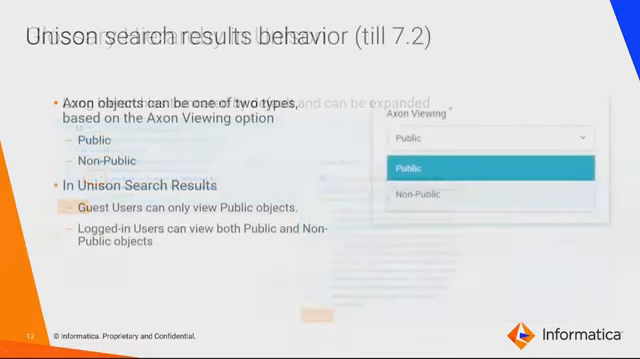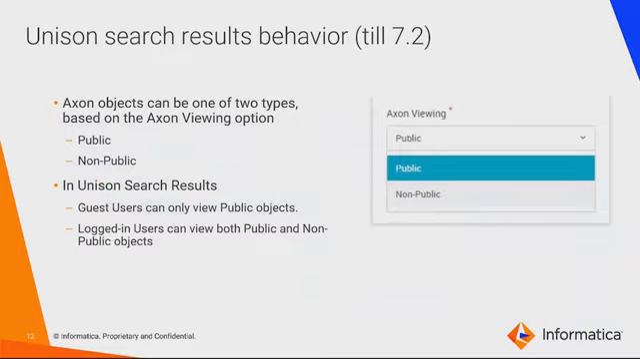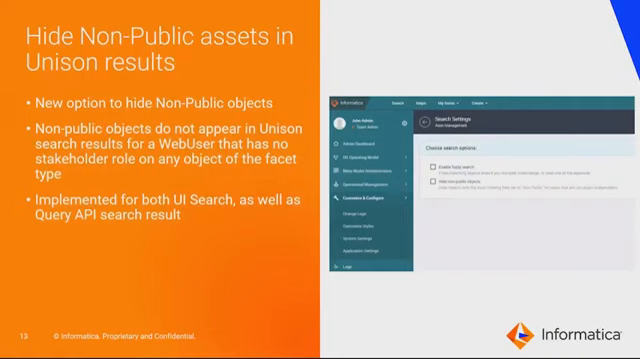Moving on, the Unison changes. You all know, right? We had Axon viewing capability that is public or non-public. This is basically to hide the information from the non-logged in users earlier. Whenever you mark the object as non-public, we never used to display it to the guest users, in the sense the non-logged in users. But once the user is logged in, we display it for everybody in the Unison and it participates in the search as well. With 7.2.1, we have a new system setting,